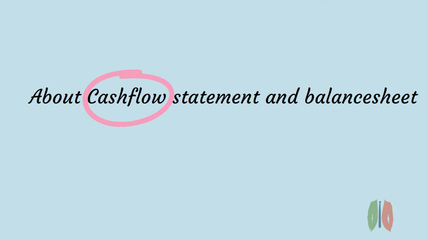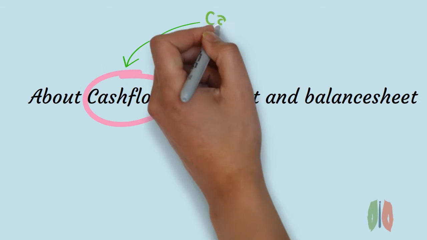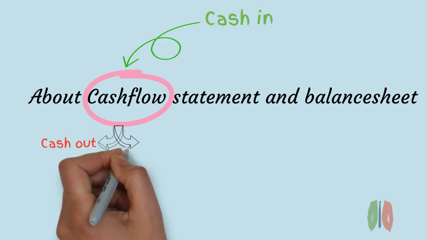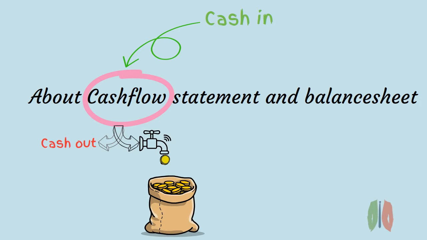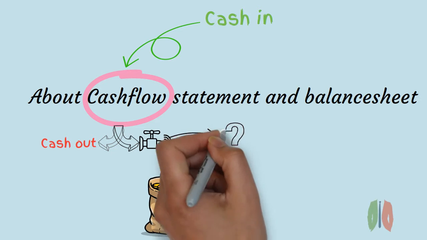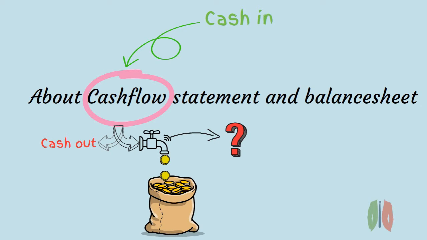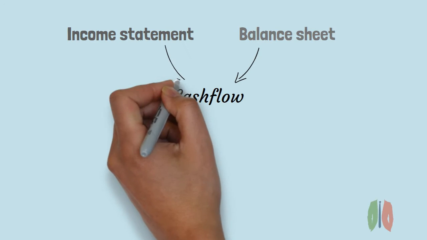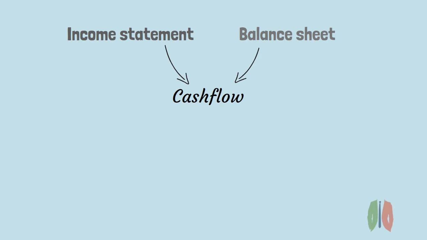So what a cash flow statement tells us is where the money is coming from and to where it is going. A cash flow statement identifies the increase or decrease in the amount of money a business generated or consumed in a given period. The primary purpose of a statement of cash flow is to provide information about cash receipts, cash payments, and the net change in cash resulting from operating, investing, and financing activities. Cash flow is derived from the income statement and balance sheet. It simply tells us where the money is coming from and to where it is going.